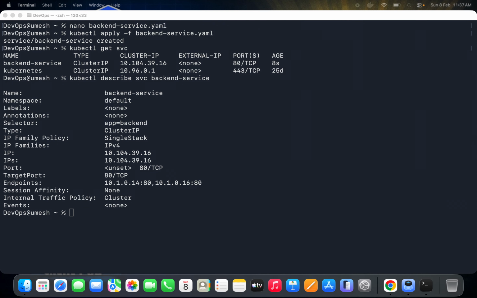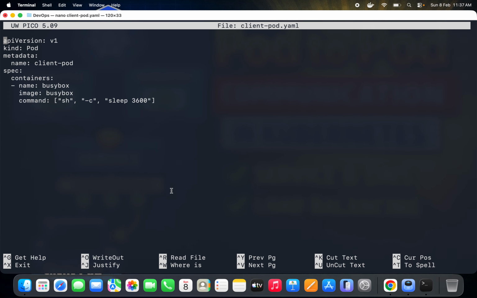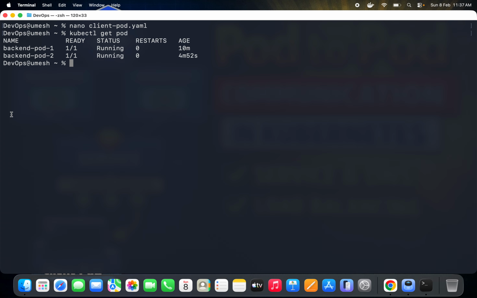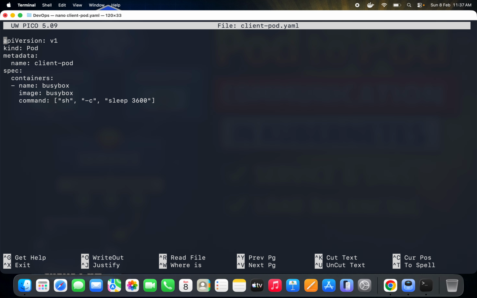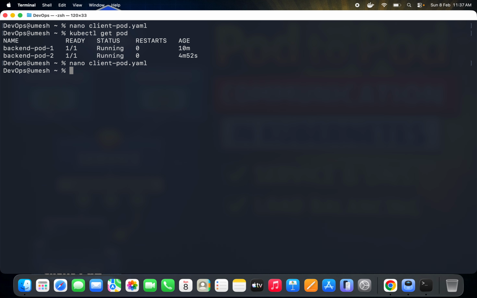We are going to create the client pod. I think we already created the client pod. Let's see. I don't think so, but I think I have the file. Okay, I have one file as I already created. That's why I have this file. Okay, we are just going to apply